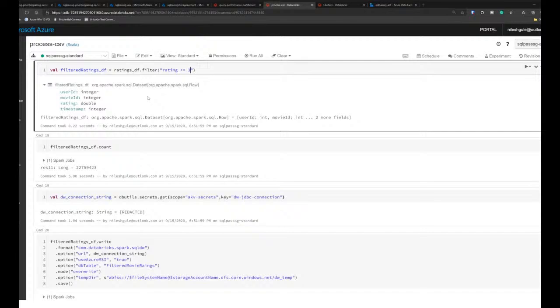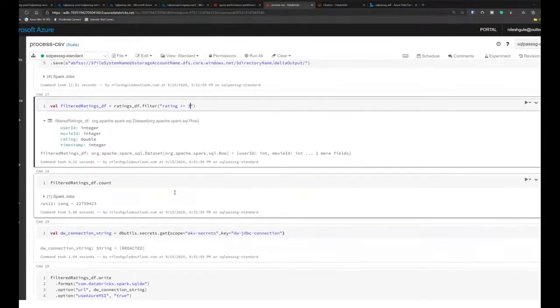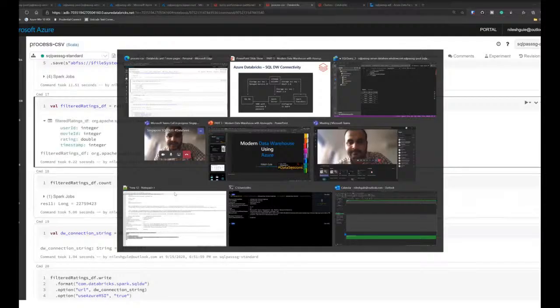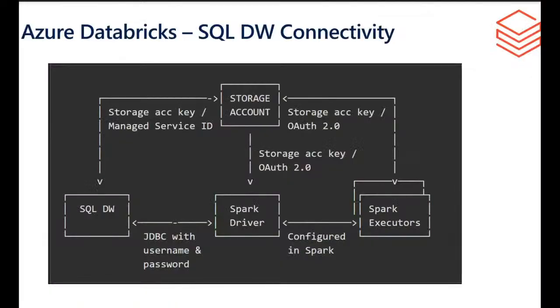In order to connect to SQL data warehouse from Spark, I need a couple of things. This diagram shows the different connection points required to connect Spark with SQL data warehouse. From the previous session, we know that Spark has a driver and executors, where the driver is the main program which drives the distributed workload, and executors actually perform the parallel work.